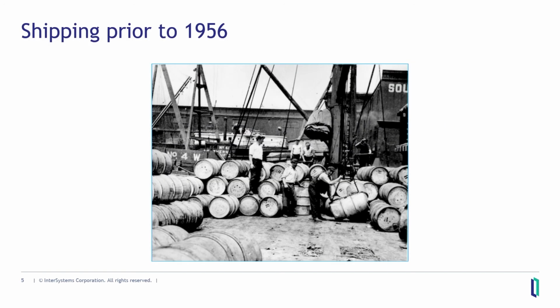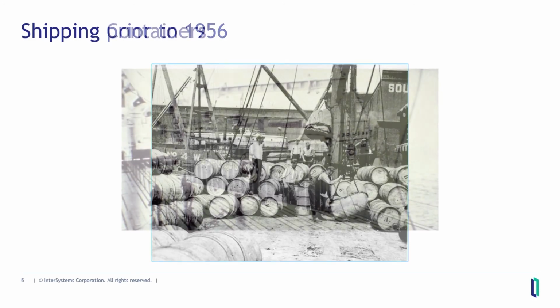Prior to 1956, all shipping was done using loose boxes and barrels. It was back-breaking and time-consuming work to get all of those individual units of goods loaded and offloaded off of boats and trucks and cars. Until one day, a man by the name of Malcolm McLean said, there has to be another way. And he started up his own independent shipping company, did a little bit of research, and before long, the shipping